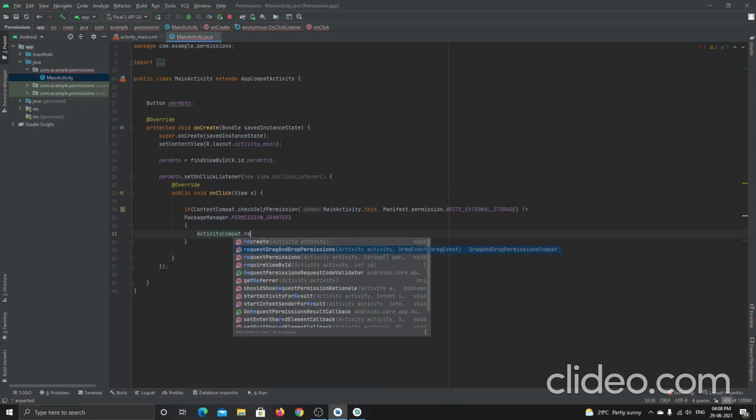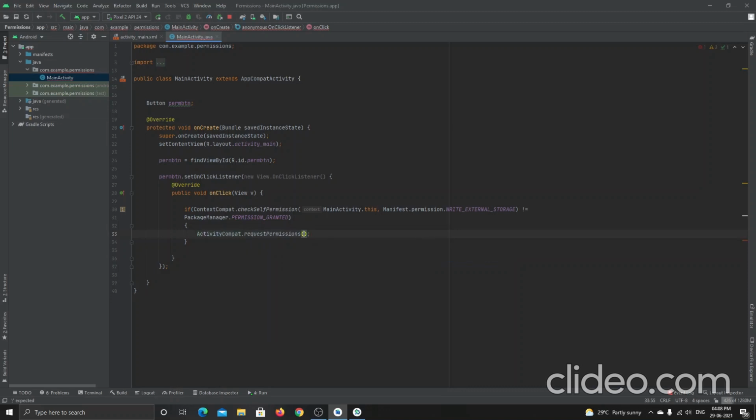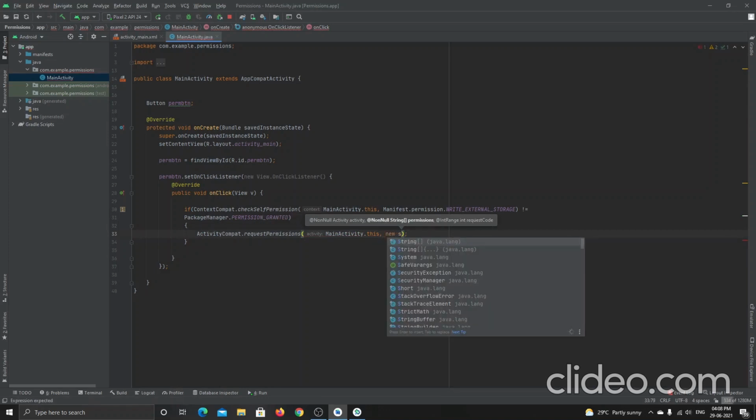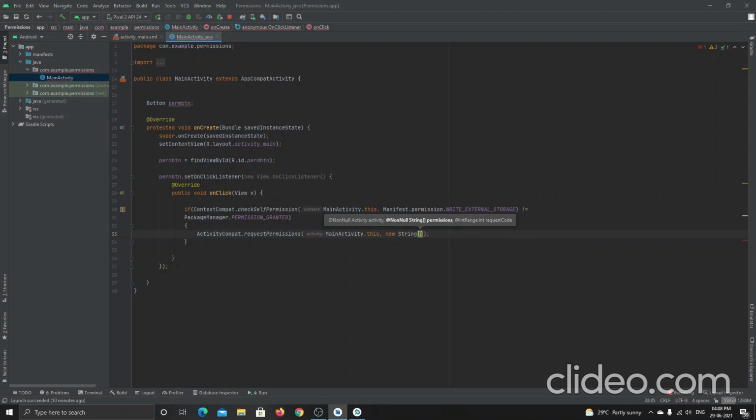Request permissions. This request permissions we will be using to ask the user, like allow or deny. Inside this I will mention the context, MainActivity.this, comma, and I will specify a new String array.